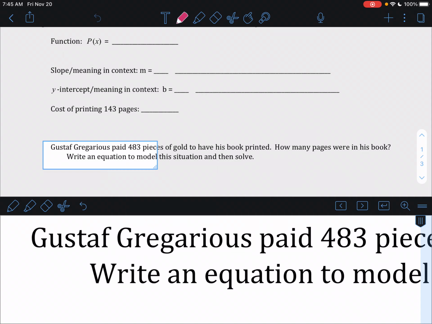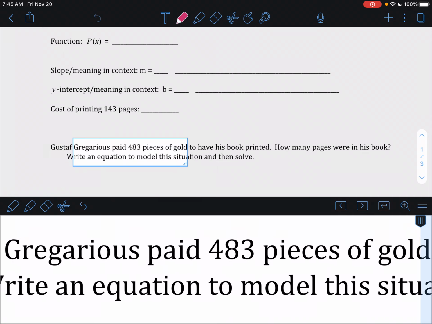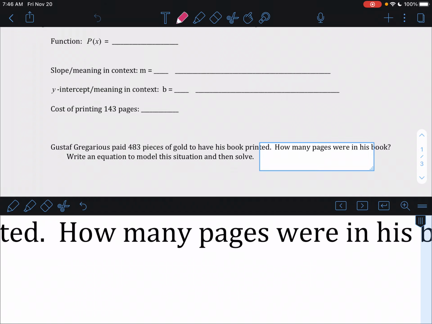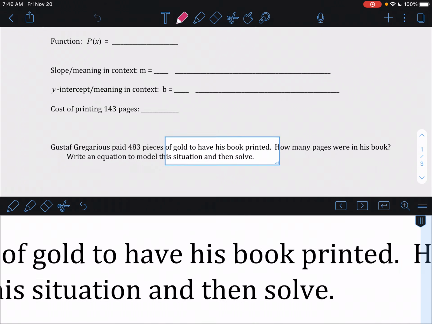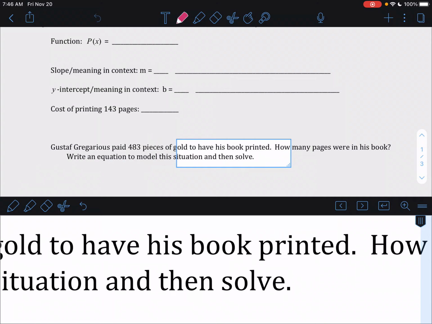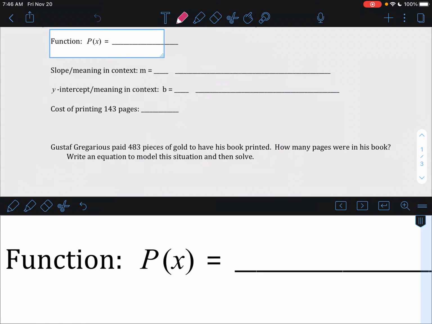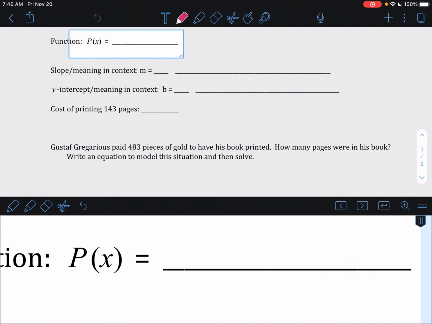it gives you an extra problem with this problem. So it says, Gustav Gregarius paid 483 pieces of gold to have his book printed. How many pages were in his book? So in this one, you're kind of doing the opposite thing. You're using the same function you came up with. Using that function,